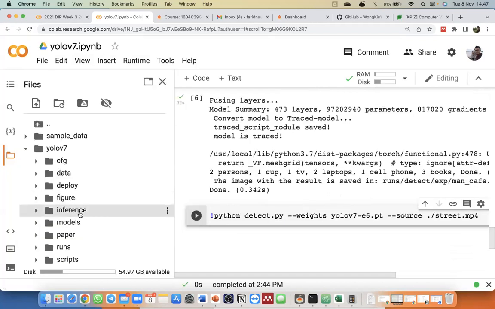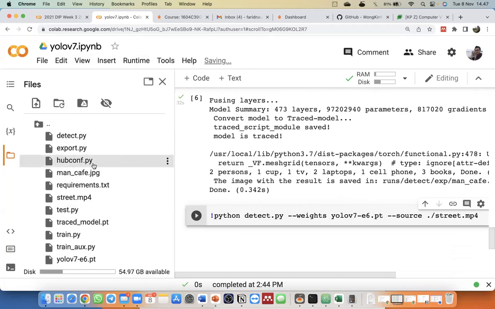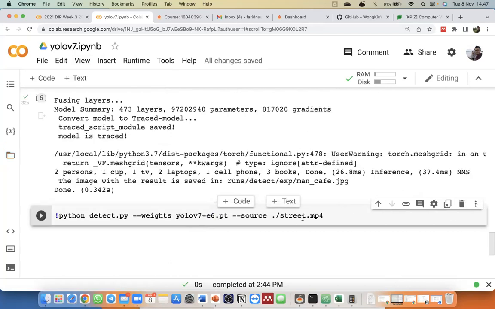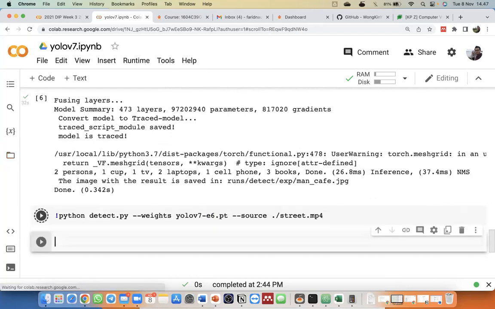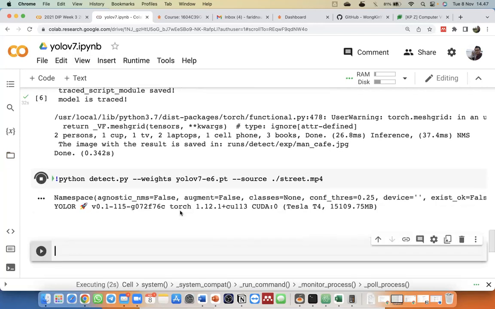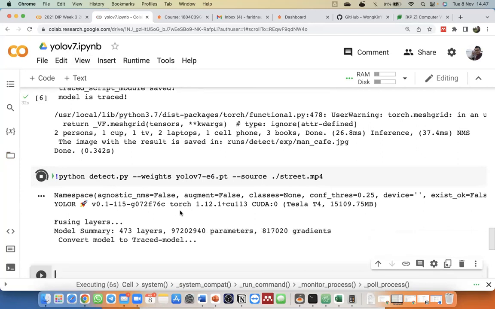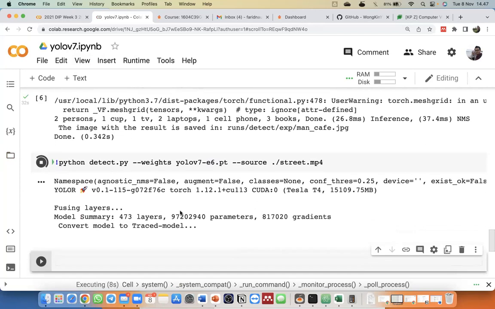I think we already successfully uploaded street.mp4 in my directory in Google Colab. Then we can just execute this code, and it will detect the objects inside our video.